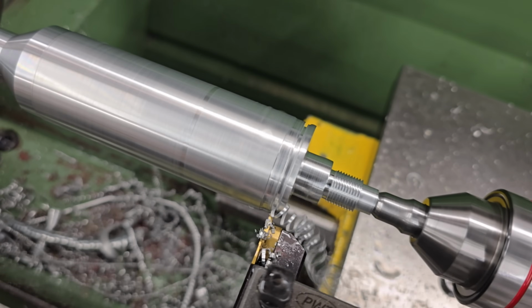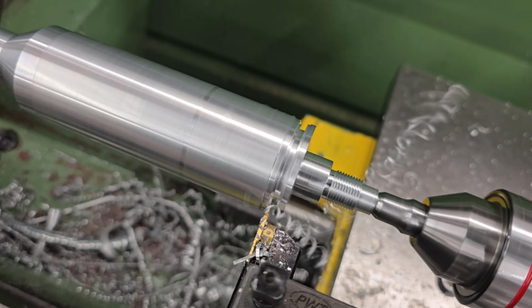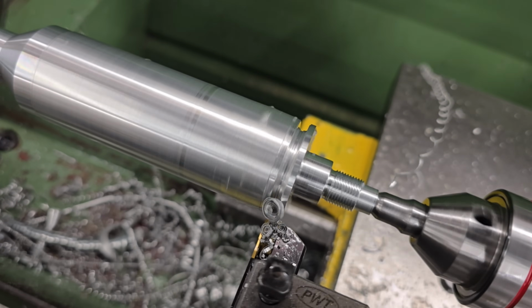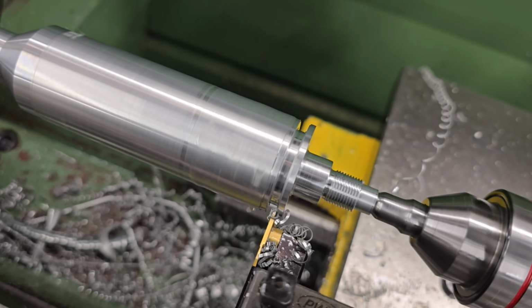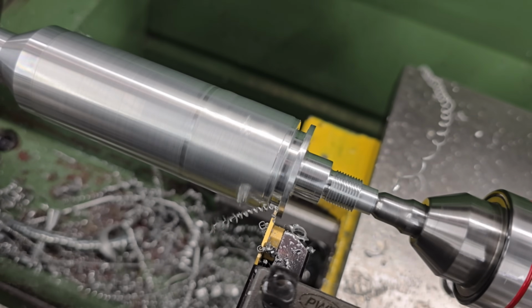With both ends complete, we can now start work on the center. The first thing we need to do is groove out a start point for the lathe tool, and we're just doing that with a nice grooving tool. The diameter in the middle of the piece is going to be roughly 27mm, so we need a fairly deep